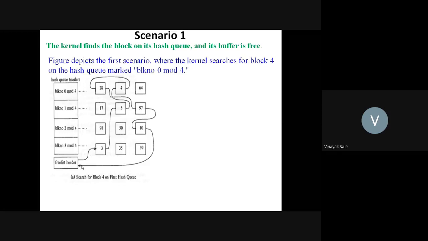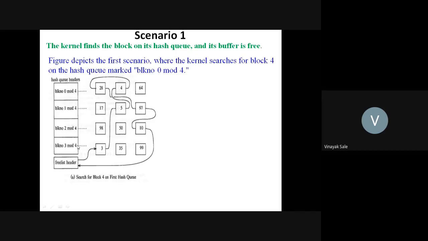Okay, and the kernel wants block 4, which is on the hash queue of block 0 mod 4, and that block is free. So it will first check the hash queue, one by one, whether block 4 is present or not. So block 4 is present.